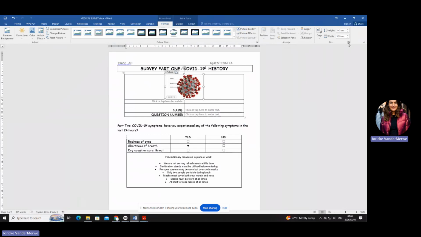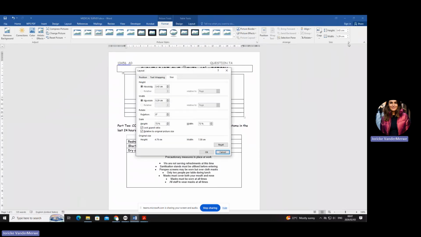The first thing they ask us there is the size. Now, I don't know if you recall this from N4, but when you do two different measurements, in other words, they're not only asking you for a height or a width, they're asking you for both, then you have to take off the lock aspect ratio.